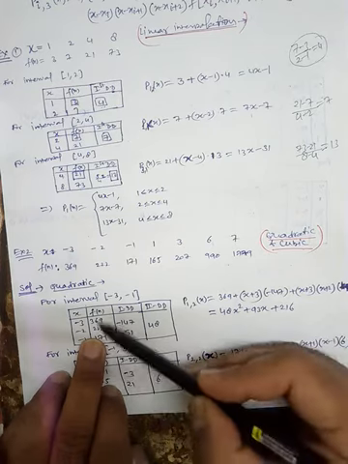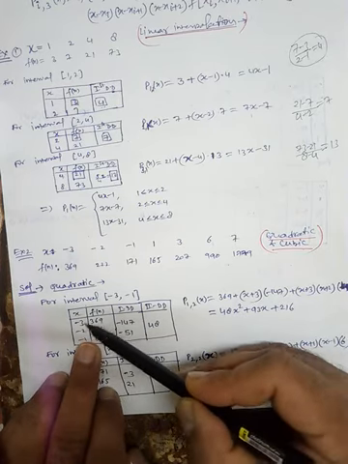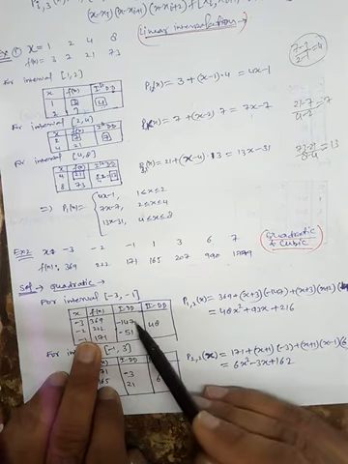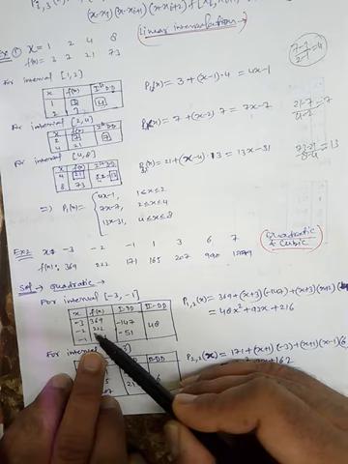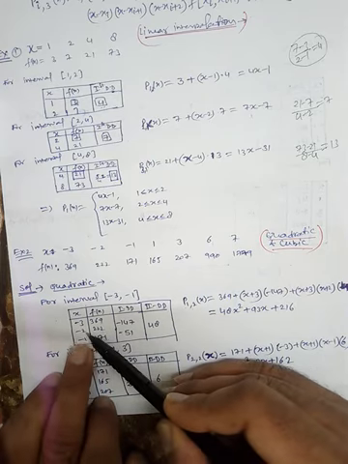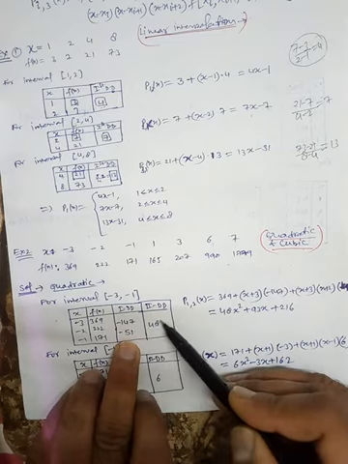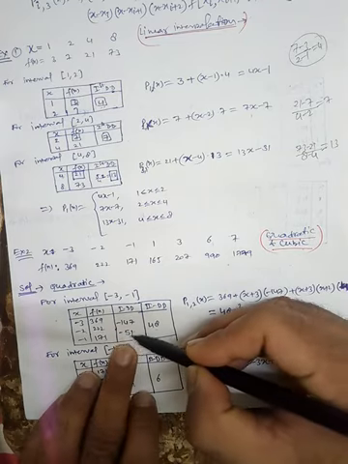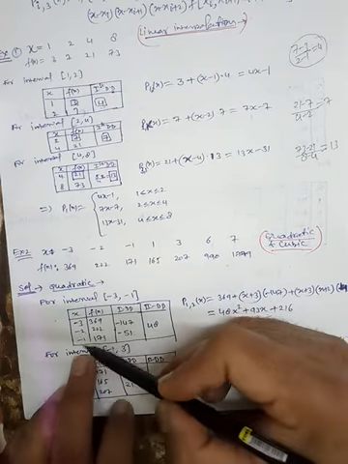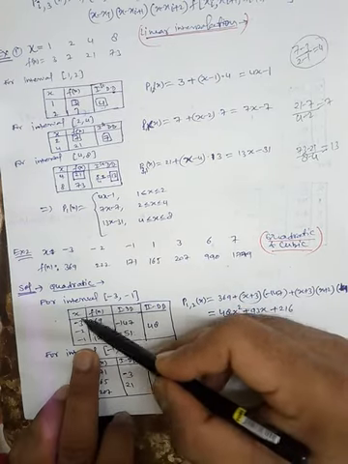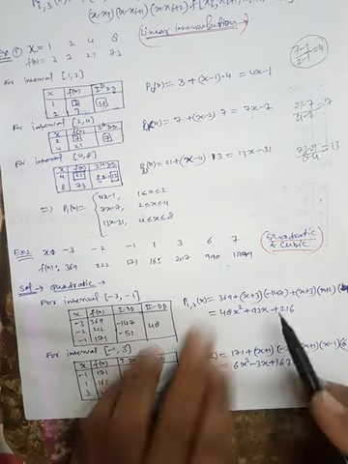Now first find the divided difference for this: 2 minus 369 divided by minus 2 minus 3, so we get this. Now find the divided difference for these two: 171 minus 221 divided by minus 1 minus 2, so we get minus 51. Now find the second order divided difference: minus 51 minus 147 divided by minus 1 minus minus 3, so we get 48. And then write the formula.